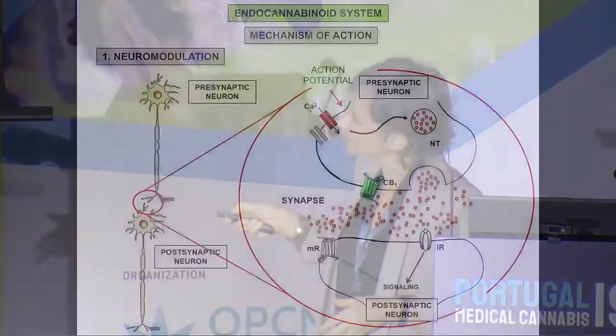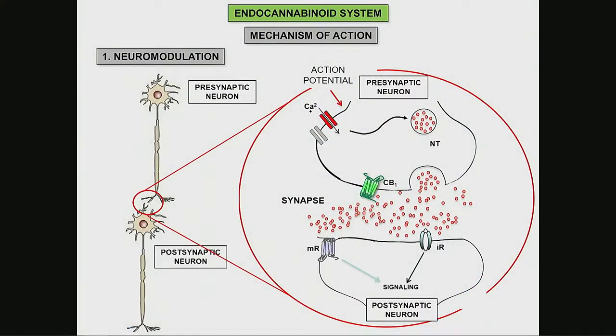In the second neuron, we have specific receptors for these neurotransmitters. We have receptors for dopamine, we have receptors for glutamate, we have receptors for GABA, and they get activated and initiate a response in the second neuron. And that's how our brain works. We receive a stimulus, one neuron receives the signal, and this signal is transmitted to a second neuron that sends the order to the muscle or to whoever has to act.